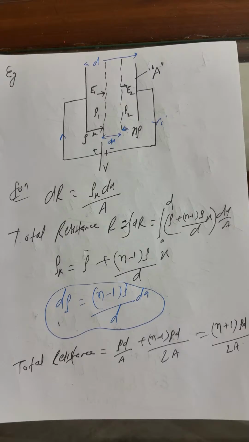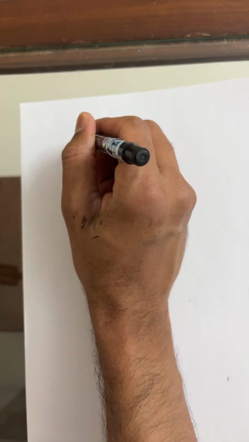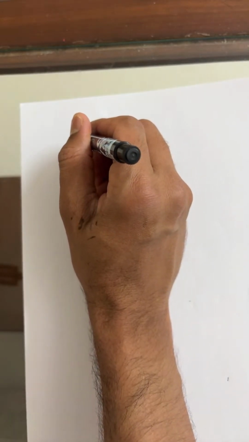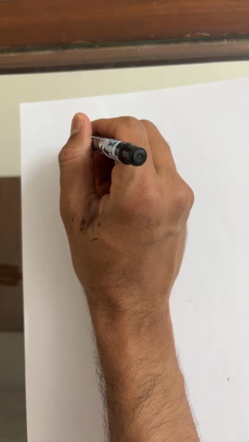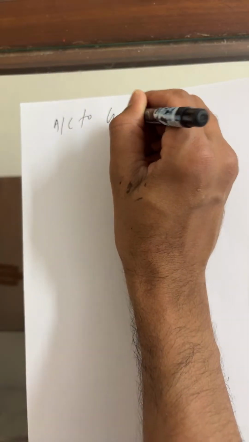But the next part is to find the volume density of charge between the plates. Volume density of charge between the plates. For this condition, just use Gauss law, then we will get it easily here. According to Gauss law, the flux is equal to Q enclosed upon epsilon naught. So students, according to Gauss law,